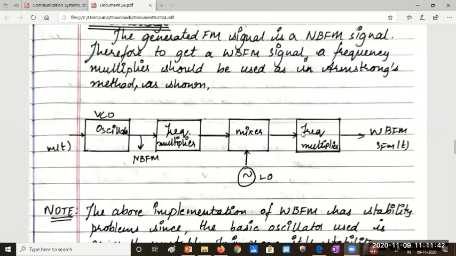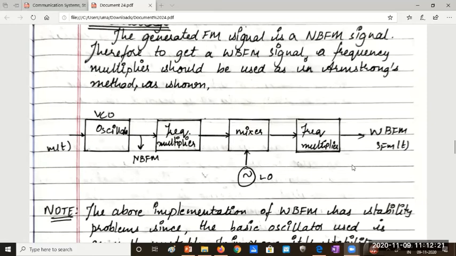Now again, if I consider the carrier frequency, the carrier frequency output here is 100 kilohertz. And if I multiply 100K with 3750, what will happen? I'm going to get the final frequency as 3750 kilohertz, or how much mega? 3.7 mega, which will not be in your FM range.